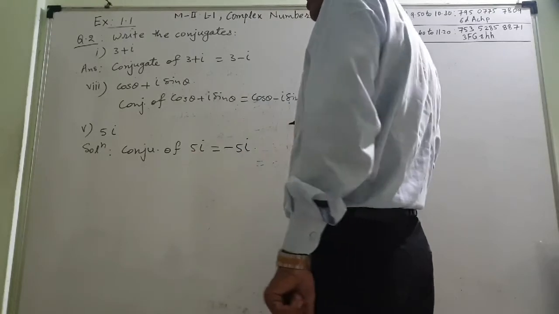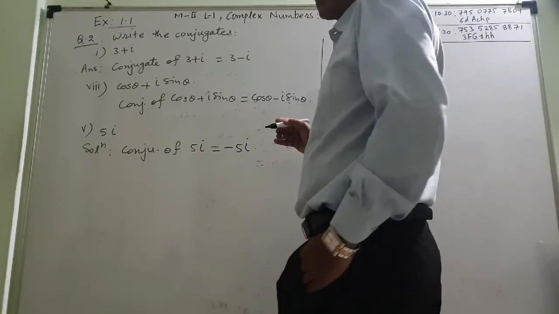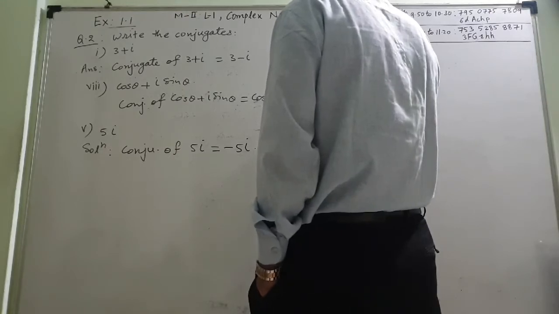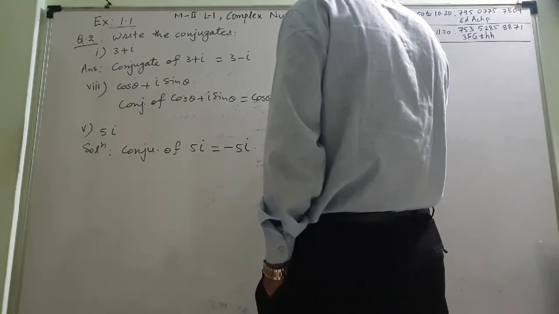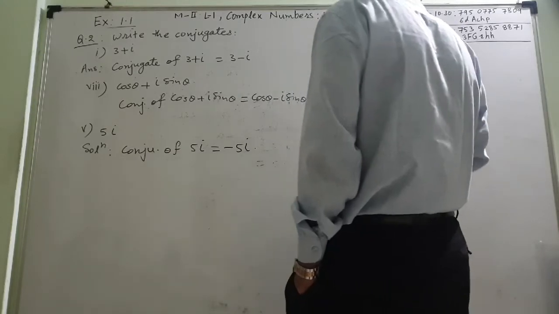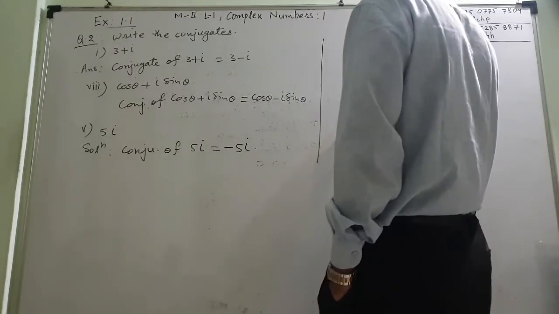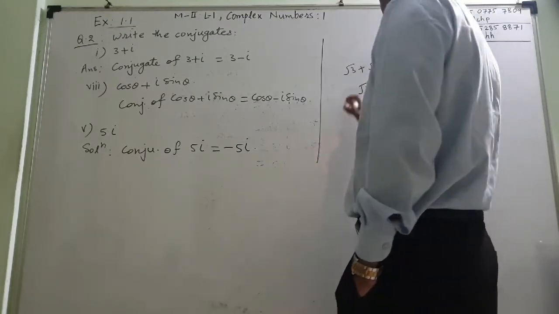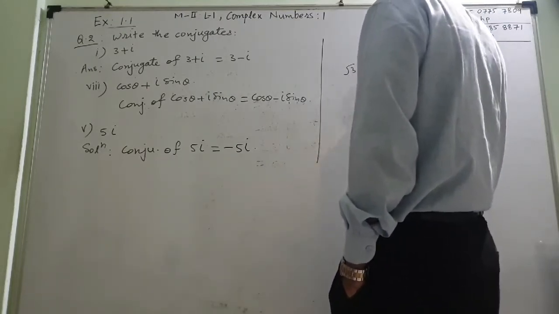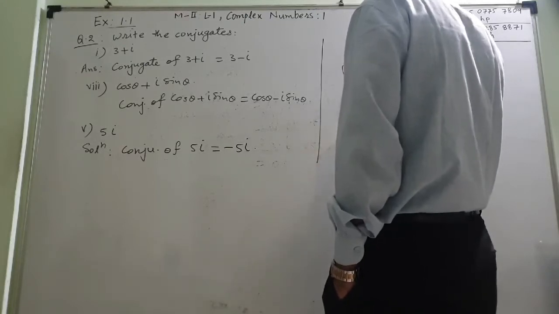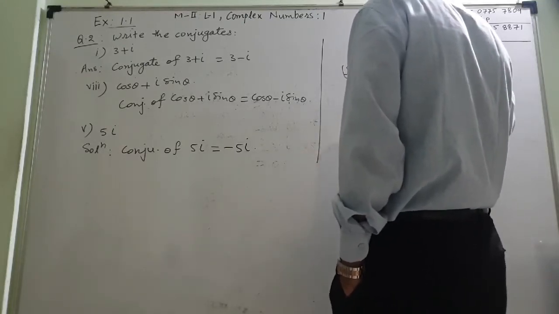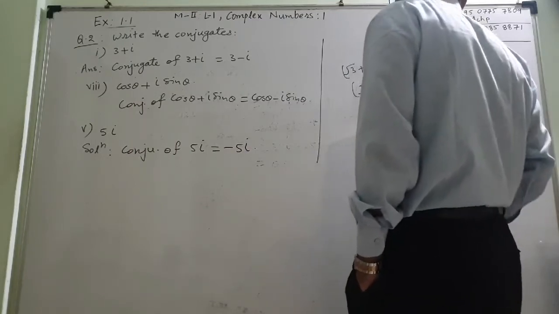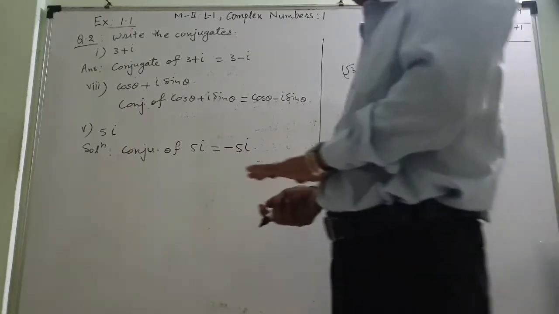In 9th standard, you have found the conjugate of root 3 plus root 2. Conjugate of this was root 3 minus root 2, or we call it the rationalizing factor. We multiply this, and it comes root 3 square minus root 2 square, which means 3 minus 2 equal to 1. The root sign vanishes if I multiply.